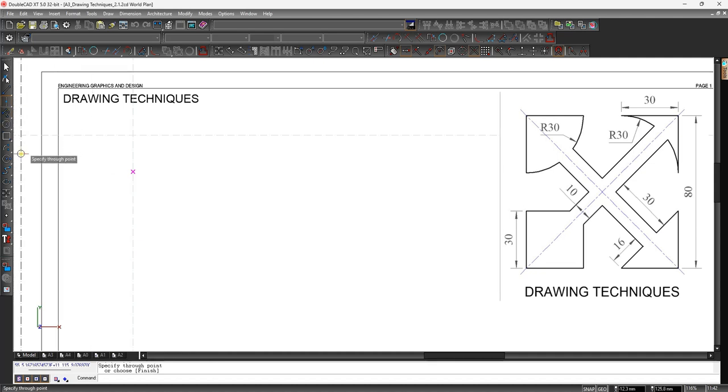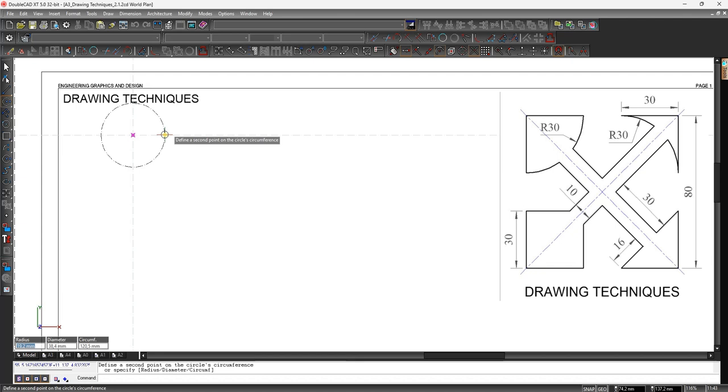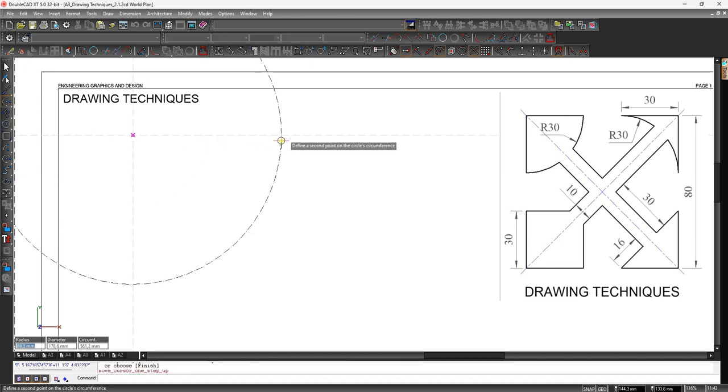Now that we have our starting point, I want to create, as per the example image, the layout of the outlines. So firstly I'm going to make sure that I measure with my circle tool from the starting point a distance of 80 millimeters. So I select at the starting point with my circle tool. Now I always use the construction circular tool to measure, as you would know from my previous videos, and then I'm going to set that to a distance of 80